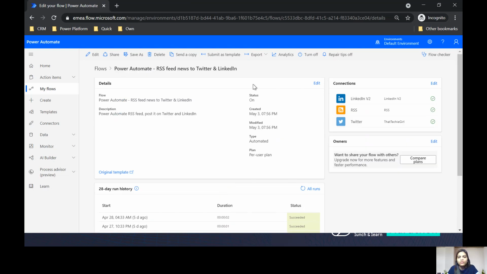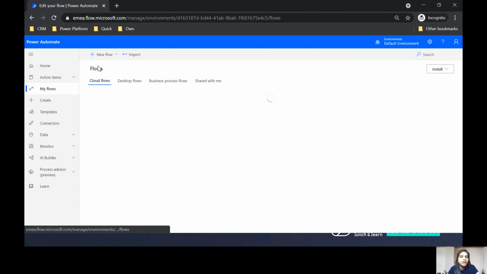If you want to copy this flow, you can always do a save as, and it will save a copy of this flow. Since it's a free account, I am not able to share any flow, but otherwise this share option is always available. Going back, so this was my RSS.